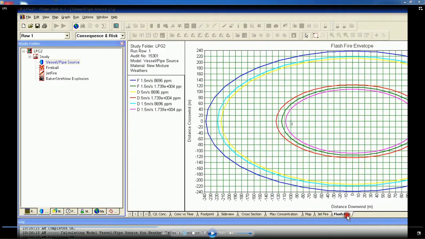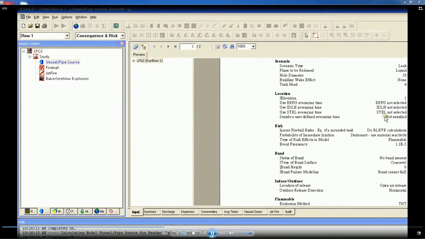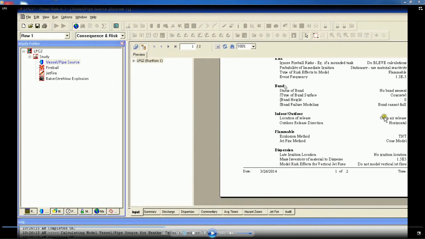Once I say flash fire, it shows me different concentrations. For example, what you see here is the concentration for Pascal stability class D for a velocity of 1.5 meter per second, which is occurring at a specific concentration, and the downwind crosswind direction is shown here. This will be useful for you to plot the isopleths if you are interested. So, one can see different results as you see here as a flash fire for a specific vessel pipe source. Now, one can save this file as a result. One can look at the different input data we have given. You can see here the input data we have given for this given problem.